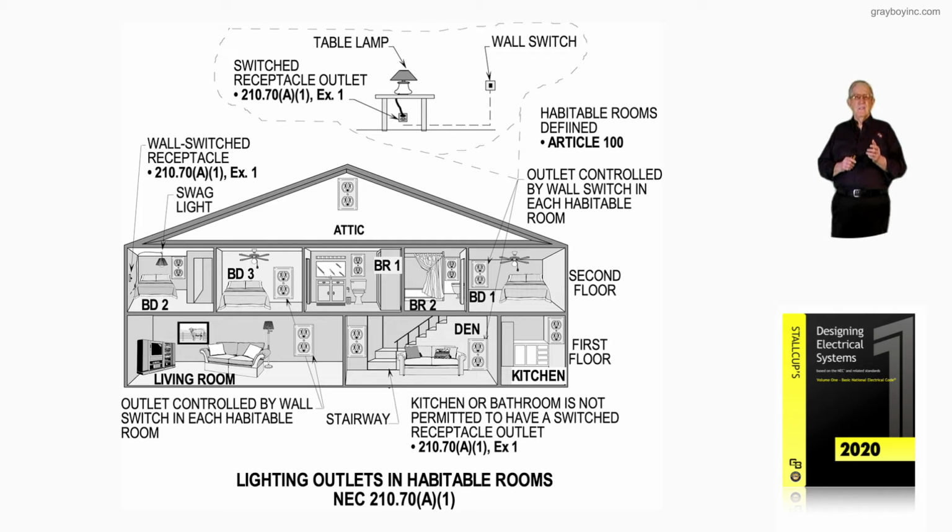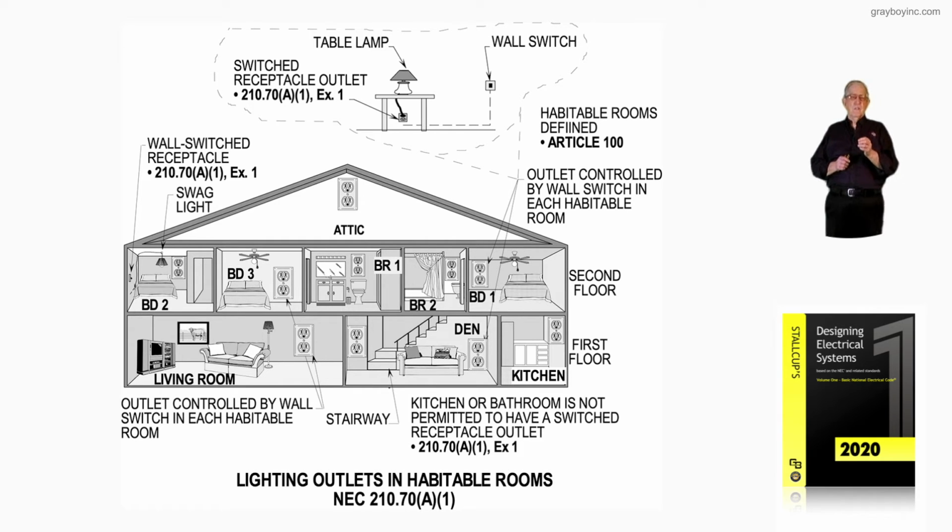speak. Now, notice in the illustration, you basically have a lighting outlet in each room. You have receptacles in the room that are put in and located by 210.52 of the code. But you basically have a wall switched outlet. In some cases, the code would allow you to have a receptacle that you could switch. But if you switched it, then you'd need another receptacle that would be required there, but